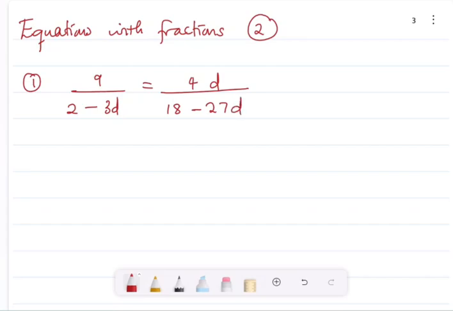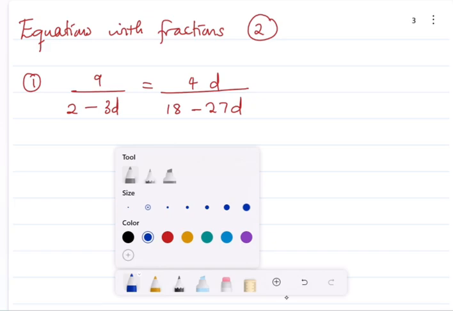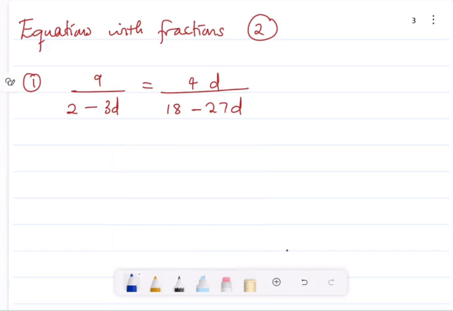Hello guys, so this time around I have a different set of questions on fractional equations. Sometimes it is very important for you to double check the denominators before you start looking for the common one, of course. So if you look at our common denominators, you realize that on the right hand side we probably need to do something here. There is something that we definitely have to do. We have